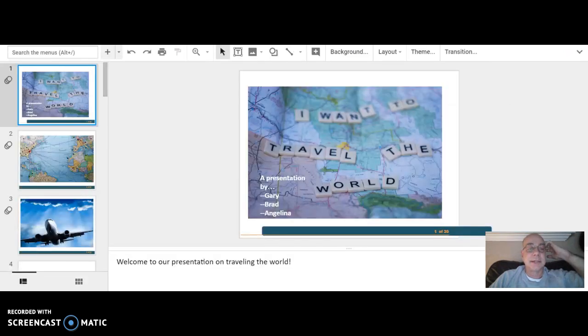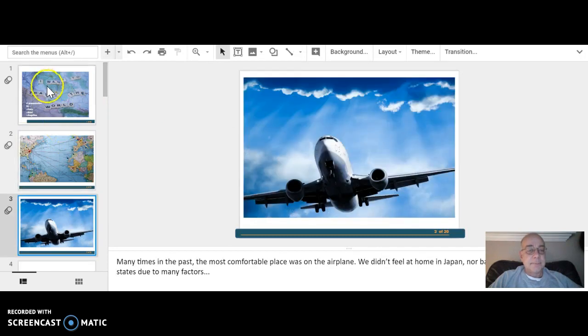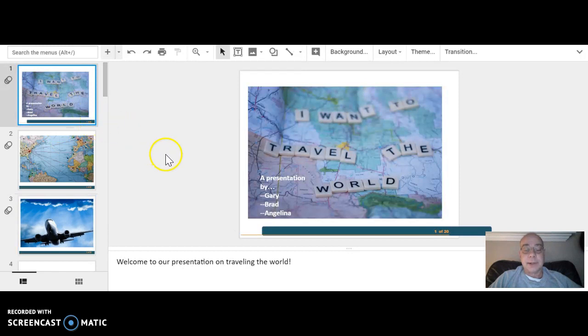So for example, here's the slides, and it works just like PowerPoint, but down here at the bottom you have your presentation notes, and that's where you can paste the things that you're going to say. When you're using Screencast-O-Matic, the screen recorder, you just want to highlight only the slide area, which is right here in the middle. I have an example presentation. Basically it says I want to travel the world. So make sure you just highlight that, and then when you move through your slides, you can read the text at the bottom. You can see here that my title slide says, "Welcome to our presentation on traveling the world,"